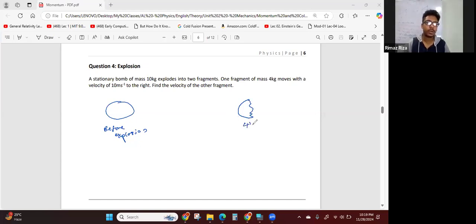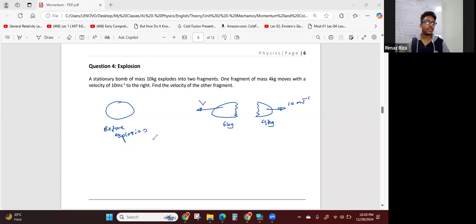So this one is 4 kilogram, moves with velocity of 10 meters per second to the right. So it's moving to the right. And then the other piece, the other fragment, has mass of 6 kilogram. So it has some speed v. So since F equals 0, you can apply